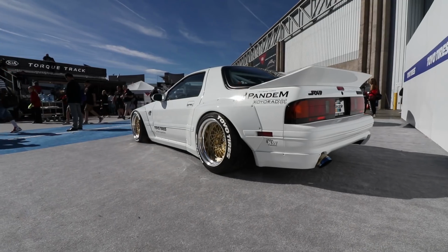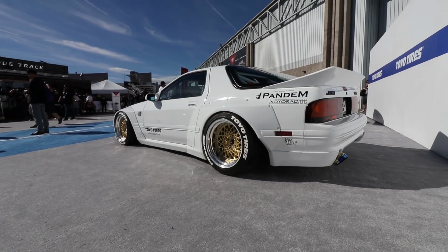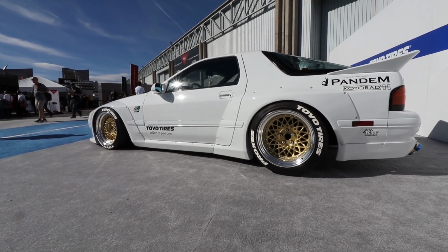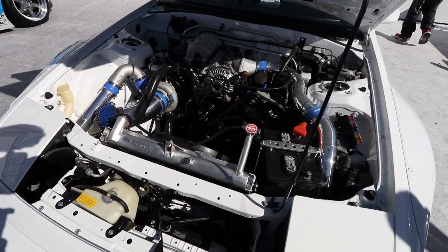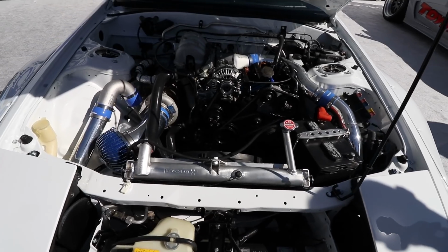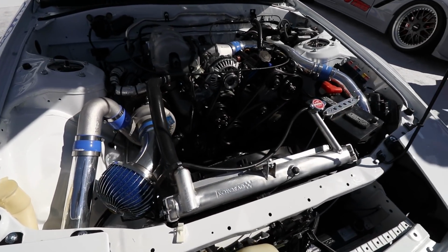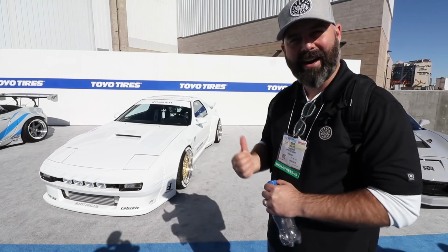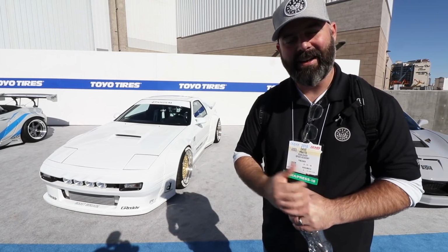They're both amazing builds. This one is also still rocking a proper rotary engine under the hood. We had a peek under the hood before with someone from Greddy, and it's beautiful. This is actually the personal car of the owner from Pandem. This is, I guess, his American runaround car. So it must be nice to build a car this badass to come up to America and do a little